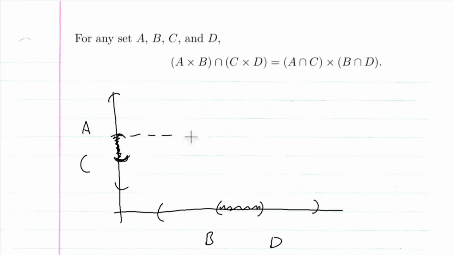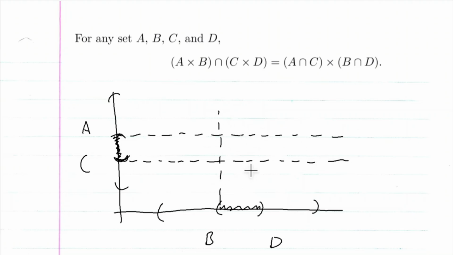We know that A intersection C cross B intersection D is going to be this area right here. So we're saying that this is the same as this, so let's just look at this